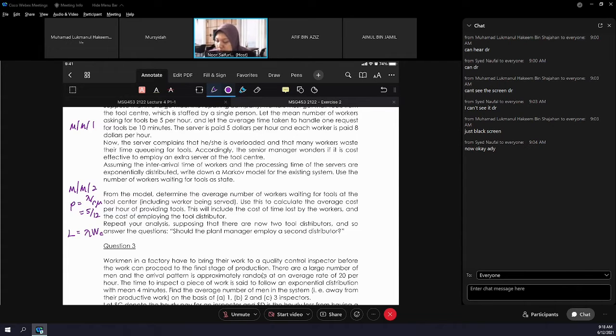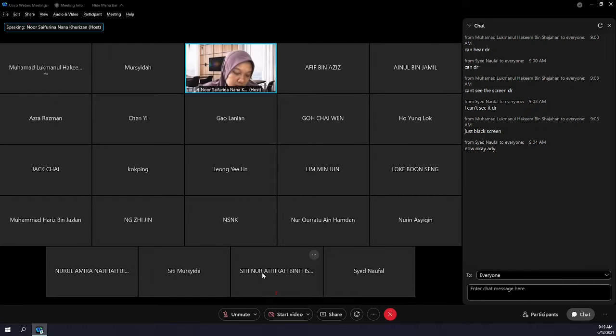You have your C equal to 2, and then substitute your rho and try to calculate L. Anyone who has an answer can share your solution. Just substitute. You have your C equal to 2, and then substitute your R. R is lambda over mu, and you have your rho, which is 5 over 12. So what should you get for your L? You can give me answers in decimal or fraction.